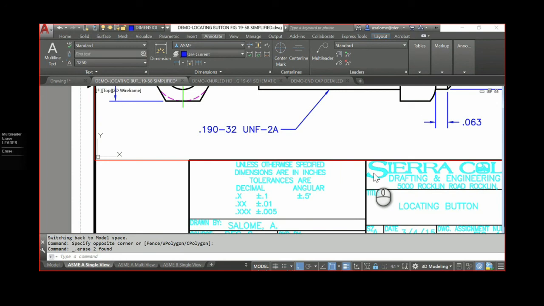Okay, this is going to be the first one. This is going to be the locating button video. So take notes and let us know if you're having any CAD problems. If you're having crashing and freezing, etc., make sure you email Patrick and try to get him to help you maybe adjust settings to maximize how AutoCAD is running on your machine.